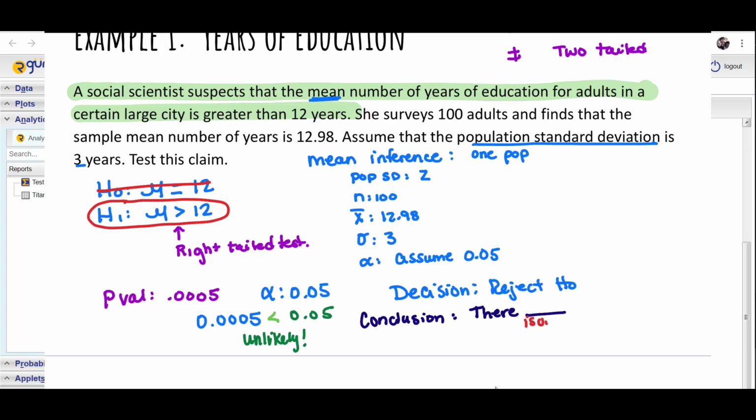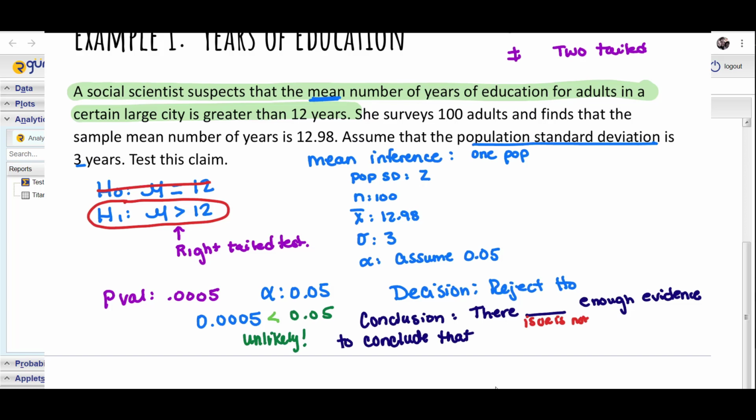Is or is not. And let me leave a little space there. All right. So you're going to fill that in there. There is or there is not enough evidence. The evidence is the data. To conclude